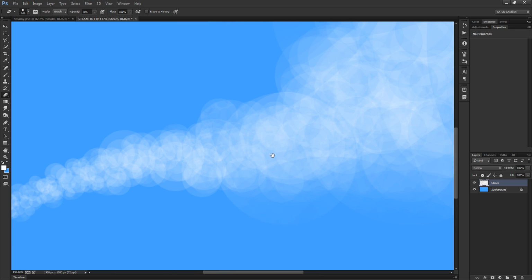And this is basically all you're going to be doing here, guys. You're going to be going back and forth between your eraser and your brush tool, adding and subtracting from the steam here. And you're going to do this until you're either bored out of your mind or you are content with the result. And I understand how unappealing this might be to a majority of people in Photoshop out there,